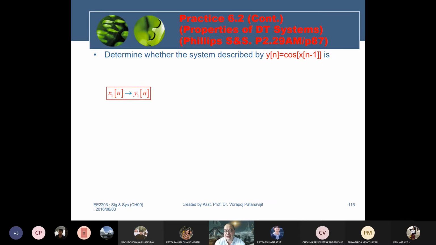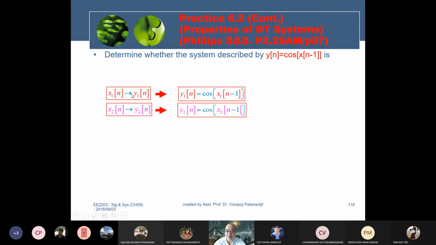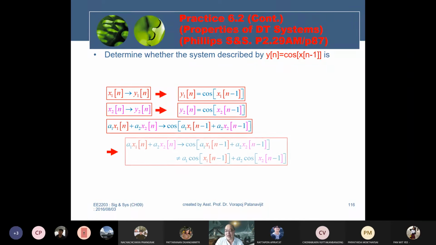The last one is for linearity. If you feed x1 to the system, it will produce y1. If you feed x2, the system will produce y2. Therefore, if you feed x1 to the system, y1 equals cos(x1[n-1]). If you feed x2, the output y2 equals cos(x2[n-1]). If you feed x1 and x2 at the same time,